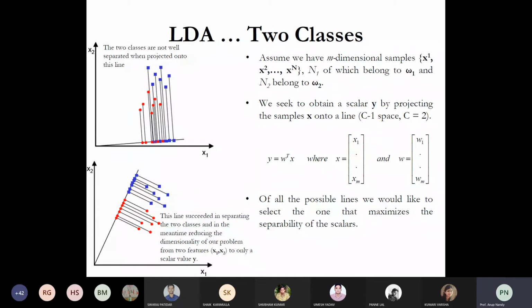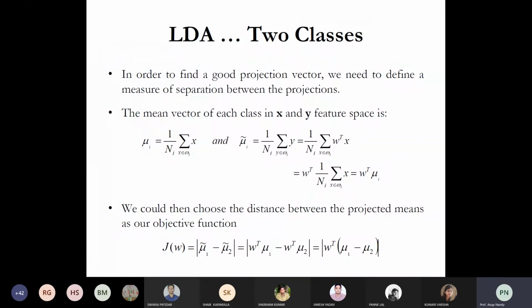Okay, so now we want to minimize. Before going through the mathematical understanding, our target is to minimize the variability within a class, that is the within class scatter, and we want to increase the between class variability, that is the between class scatter. So that is your job. Firstly, I'll be demonstrating with the 2 class problem. Then it will be expanded to the C class problem. If you understood the concept of the 2 class problem, you can also do it for the C class problem. But in real life, you'll have to do it for the C class problem.